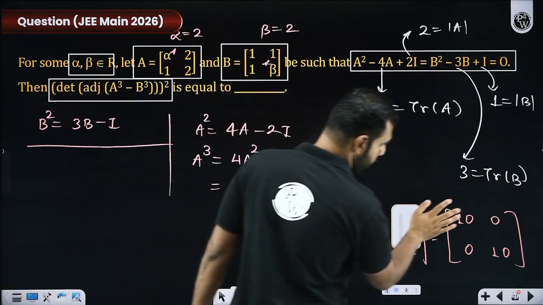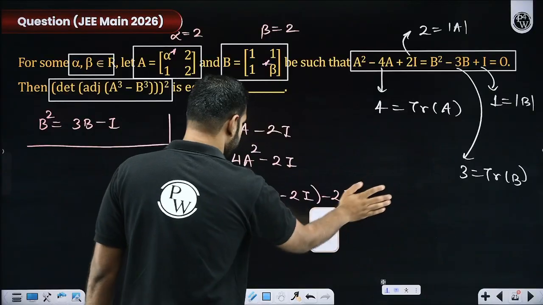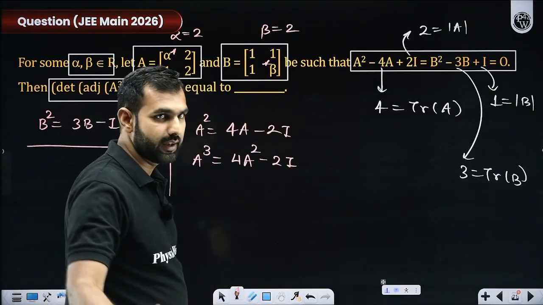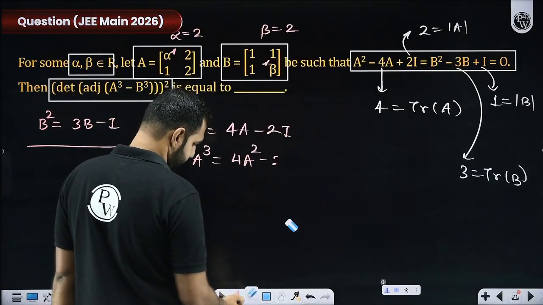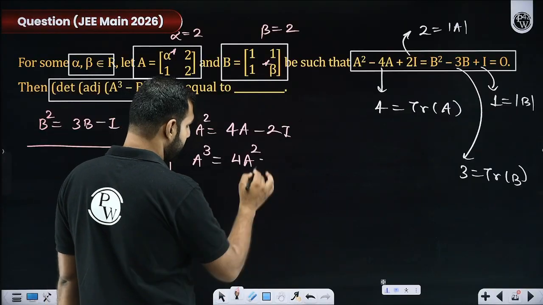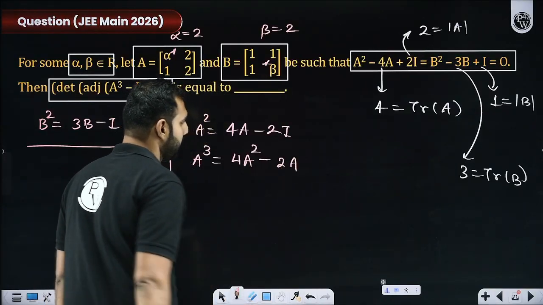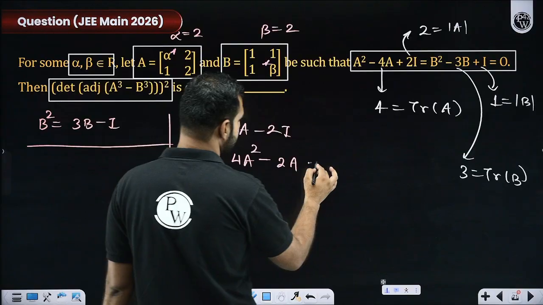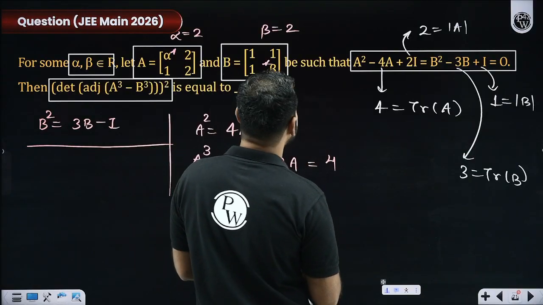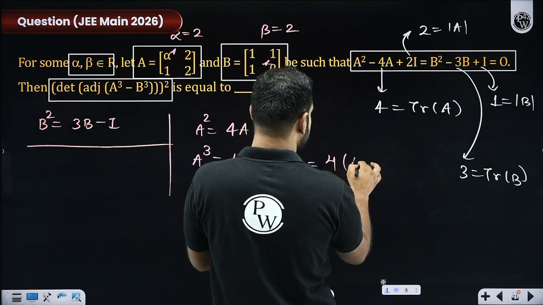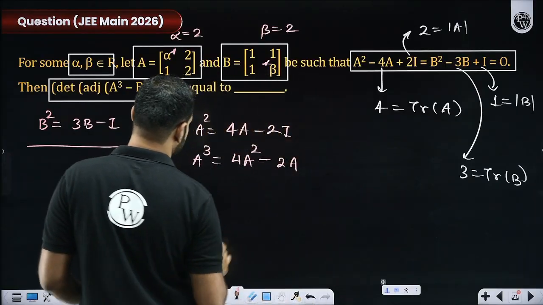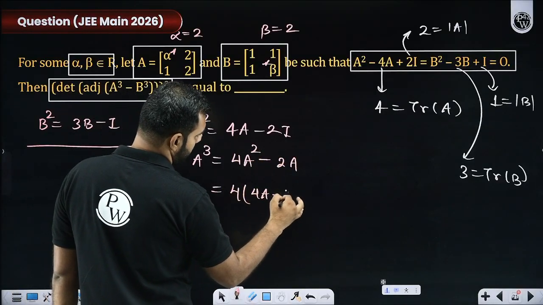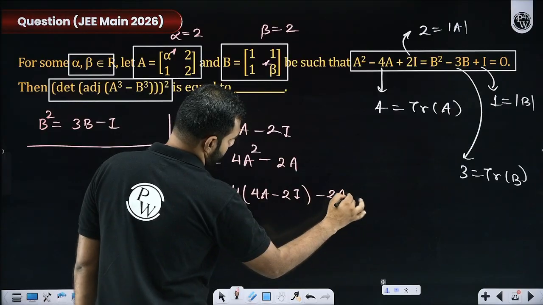And where are most of you other students? Are you not noticing that I made a mistake? Thank you so much. This is 2a, right? This is supposed to be 2a. I repeat, it should be minus 4a square plus 2a. Plus 4a square minus 2a, I'm really sorry. So it should be rewritten as 4 times a square. A square is this, which we have already evaluated. So this will be 4a square, so 4 into a square is 4a minus 2i, and this is minus 2a, right?